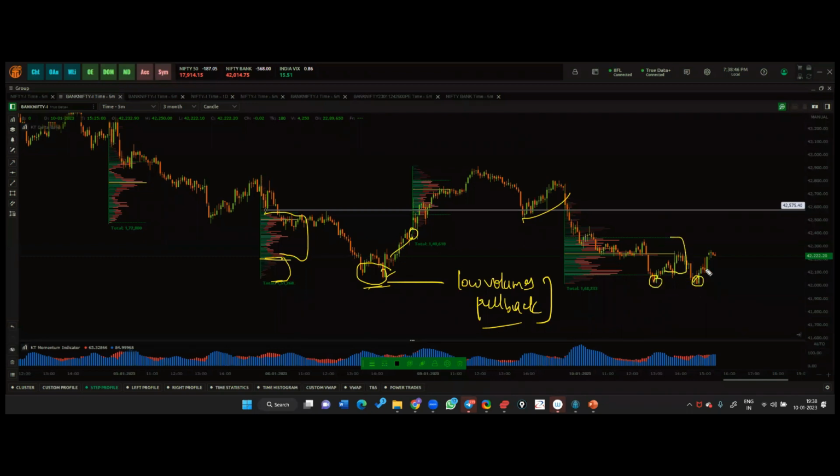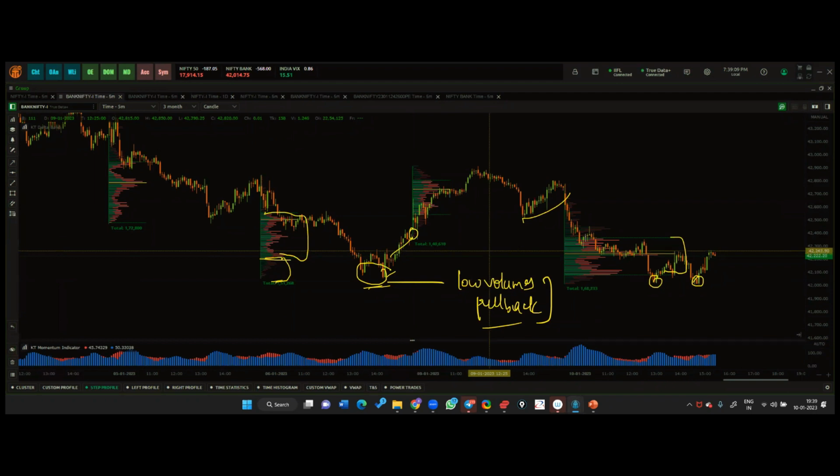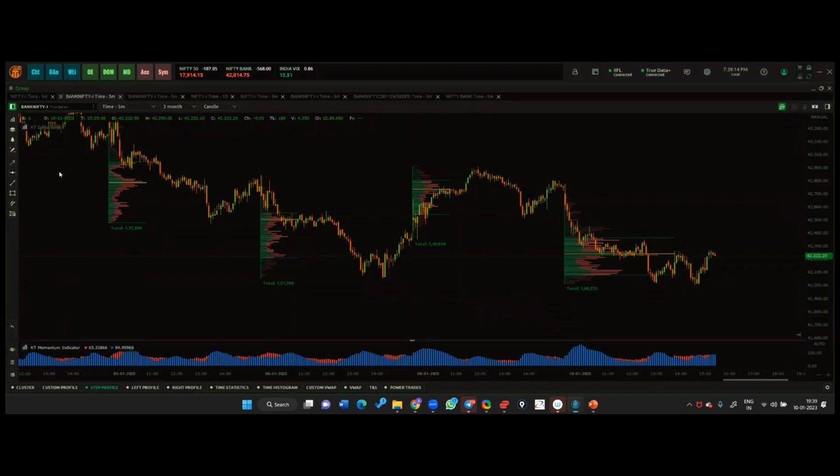Value again is somewhere a little bit to the upside, but still better than the price value relationship that we saw on 6th. Today it's slightly better compared to Friday. So now, because the value is slightly better, we did see a little bit of substantial volumes coming in today at the lows. So tomorrow, if at all we start moving,